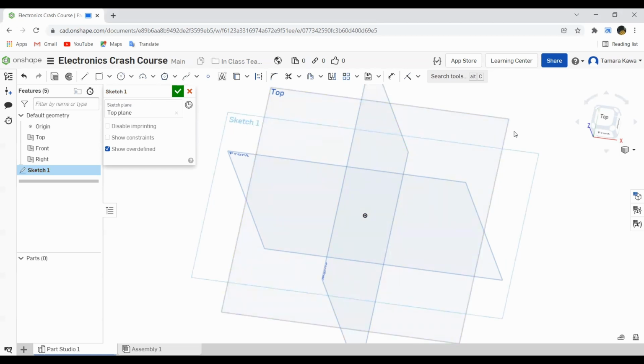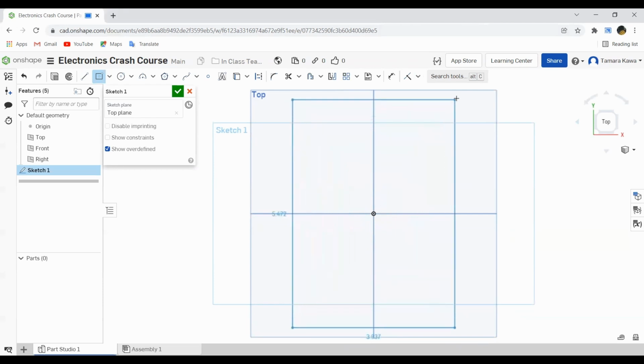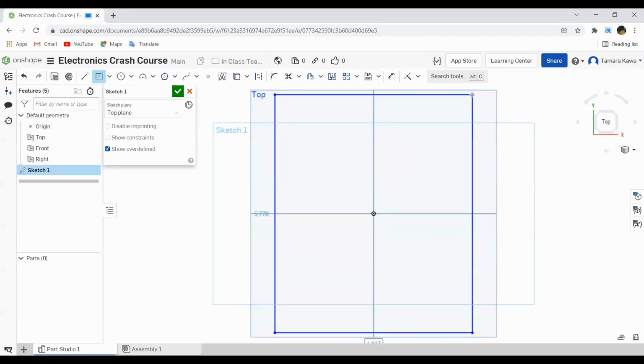And you'll notice that now this sketch 1 window appears and that this dialog box is still here. Do not click out of this until you're done with the sketch. So for now, I'm going to click on top plane so that I orient myself normal. So now we have all these new features up here. We have lines, we have rectangles, circles. A lot of these are going to be useful tools for you. And I'm going to start by creating a center rectangle by clicking this down arrow and selecting center point. So now I'm going to click on the origin and I'm going to drag out until I have a basic